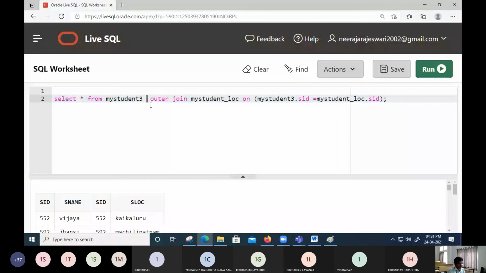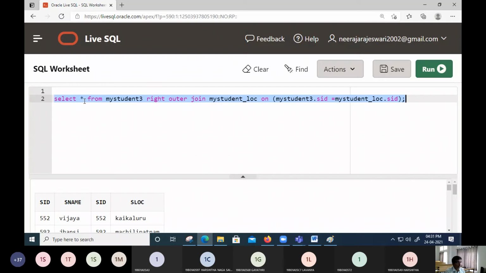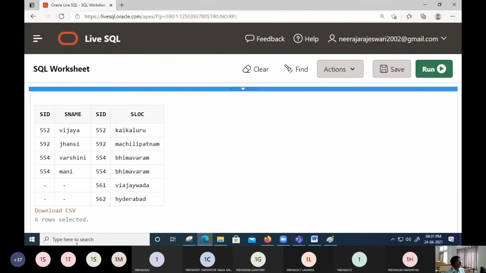Instead of left, you just change the keyword to right, and then execute the query. So we get again 6 records.